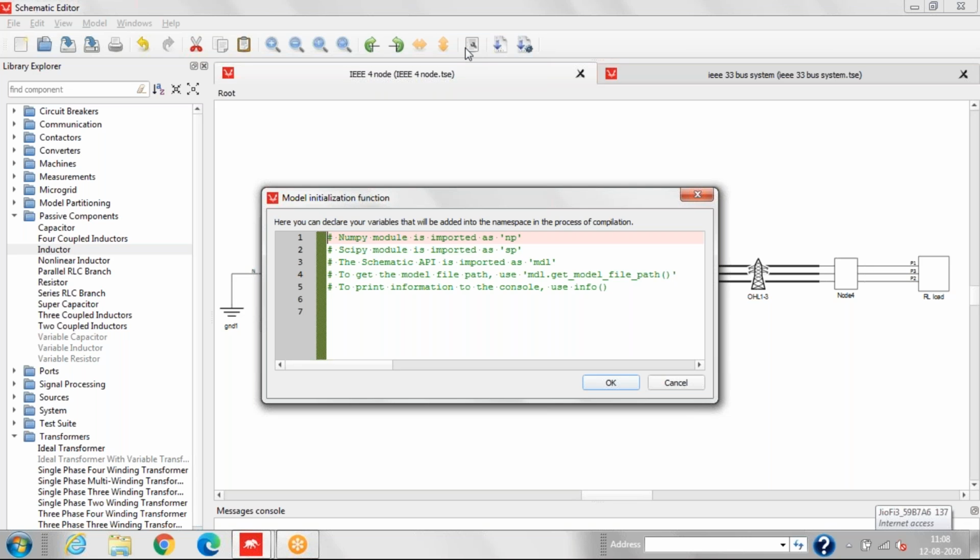First we'll define the execution rate. We have taken the execution rate as TS, so the execution rate will be defined. Then we'll define the shunt resistance.